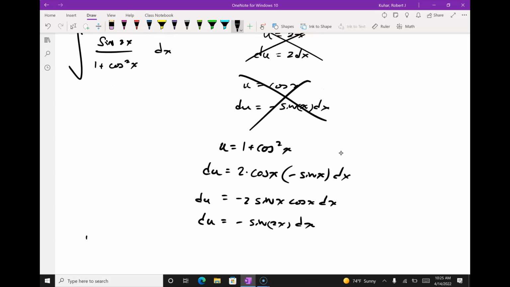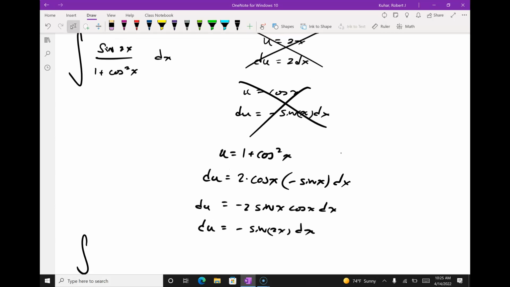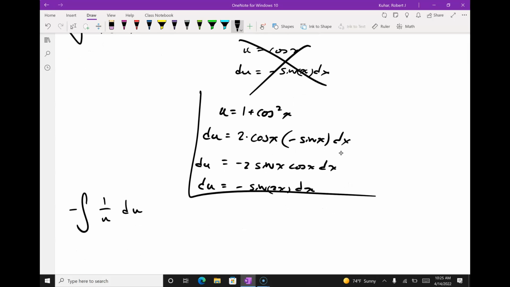All right, what do I have now? So I have the integral. Well, upstairs, I need a negative, right? So I need to multiply by a negative twice, yes? So now I have a negative integral of 1 over u du. Nice. Right? Downstairs is u. Upstairs, I made it happen. Negative sine 2x dx is my du. Is everybody okay here? So I get negative ln of the absolute value of u plus c